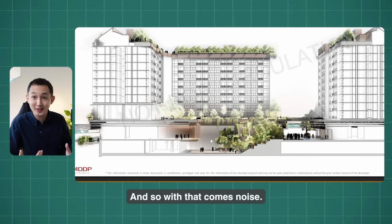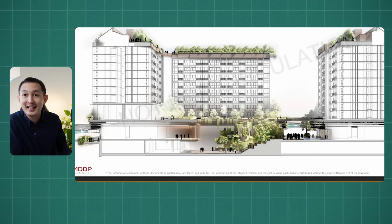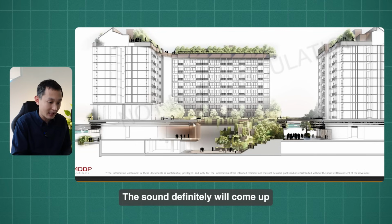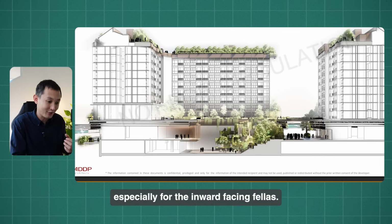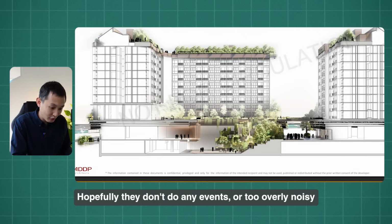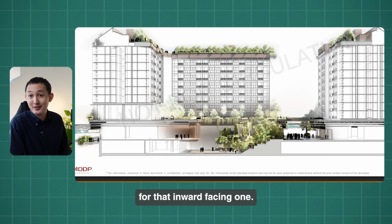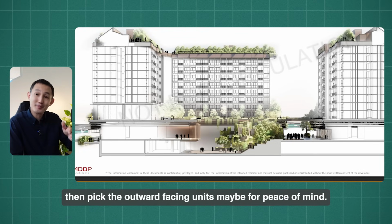With the buildings so close to one another, it can function like a loudspeaker. The sound will definitely come up and echo through one another. So I have a little bit of concern about the noise, especially for the inward facing units. Hopefully they don't do any overly noisy events over here. If not, you're going to get a headache for the inward facing ones. So unit selection wise, if you have some concerns about this, then pick the outward facing units maybe